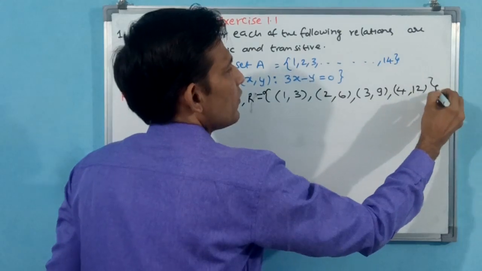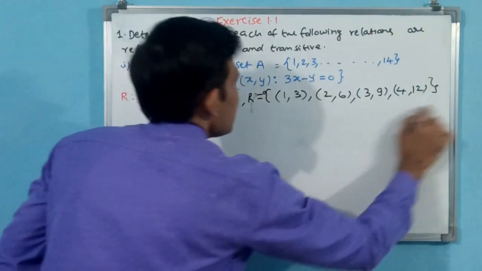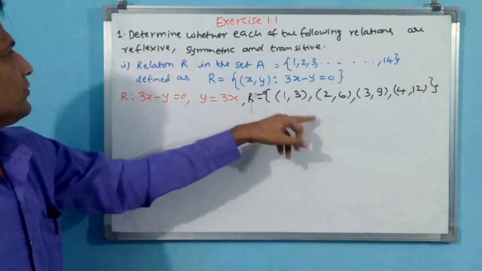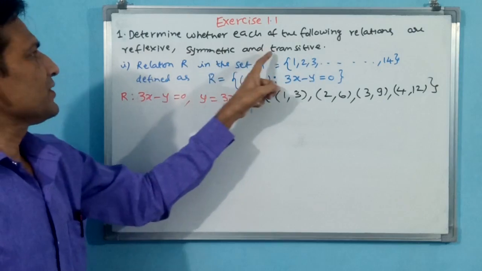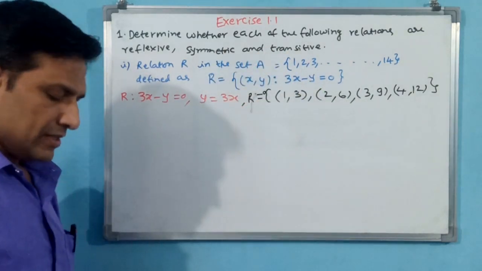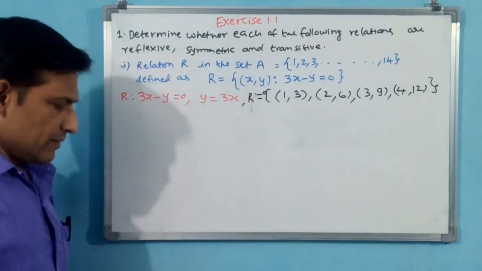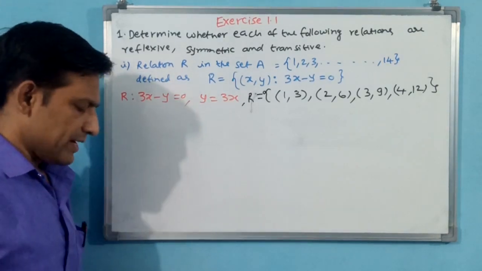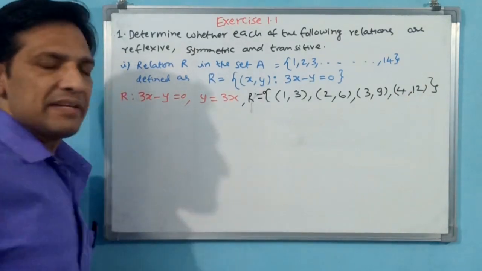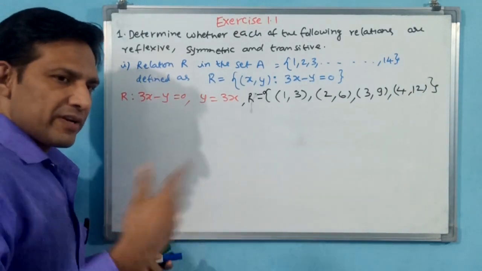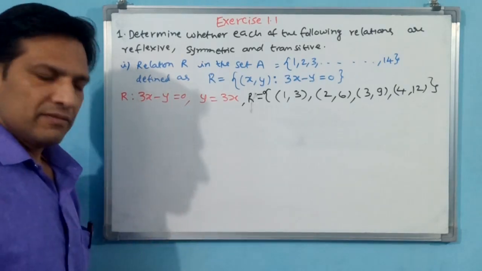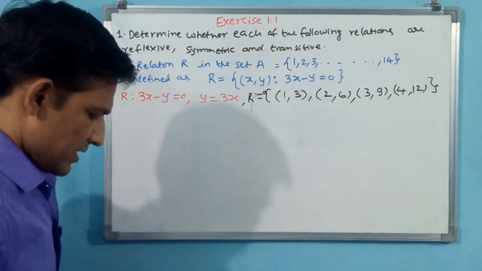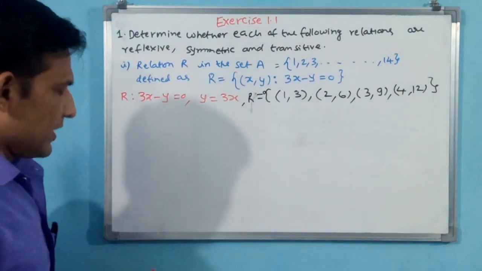Now close the relation. This is the relation, but we have to see whether this relation is reflexive or not, symmetric or not, transitive or not. What symmetric, reflexive and transitive are, we have explained in the last class. Now I will write one line each, and for the next problems we won't write that line, because we are able to understand. Now you see what I am going to write.